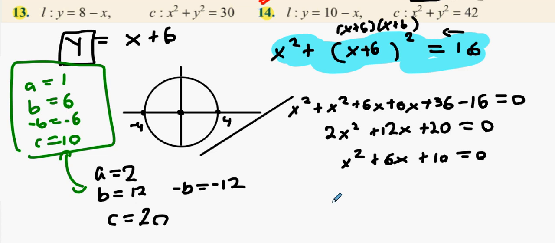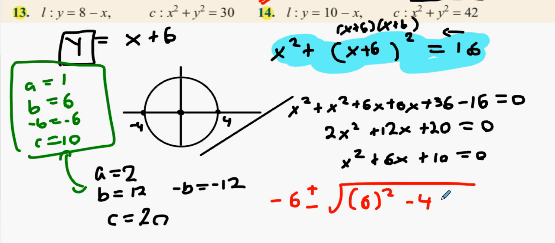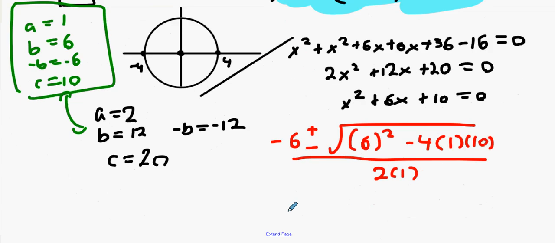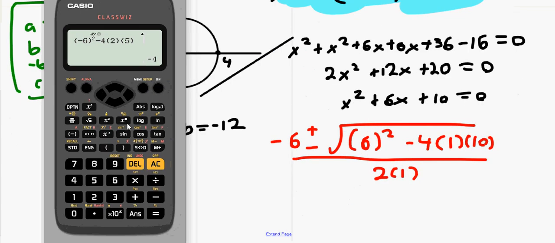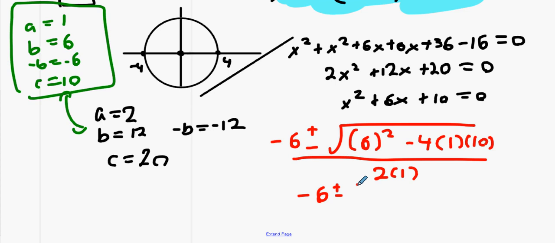Now, the minus b formula is going to be minus 6 plus or minus the square root of 6 squared minus 4 times 1 times 10 all over 2 times 1. Now, the issue here is that you're going to get maths error. So just do 6 squared, take away 4 times 1 times 10. You should get the square root of minus 4,